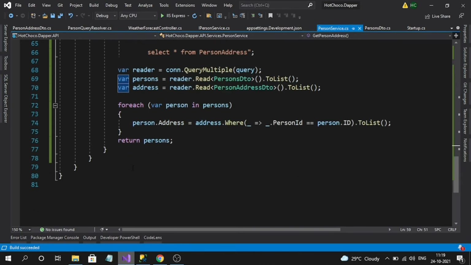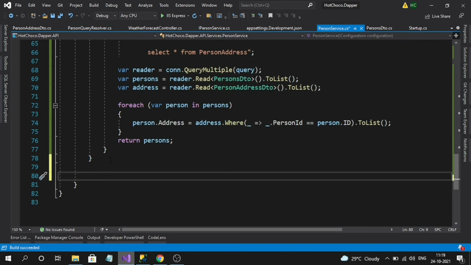Public, and here I will return a number value as a response. Dapper will return 1 if the record is inserted, and 0 if the record is not inserted. That is the number going to be returned from this method. Save person is the method name.